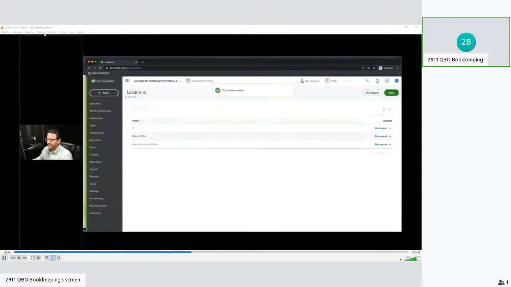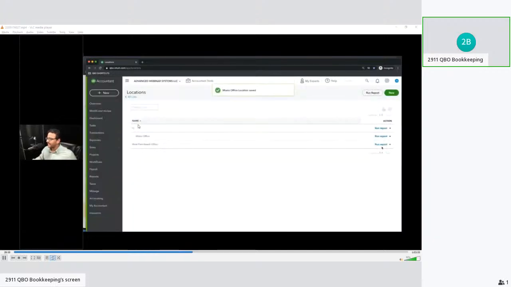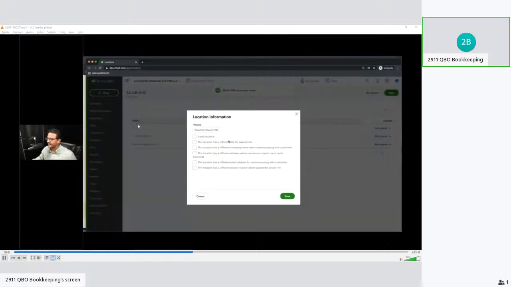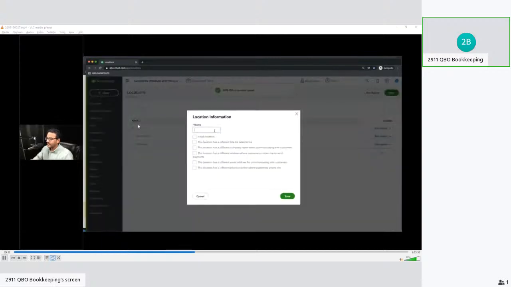So I'm creating a location called Florida. Click on Save. And then I'm going to edit each of my current locations. I'm going to click on Edit and make them a sub-location of Florida. So I'm going to make these two a sub-location of Florida. We'll start with the Miami office. And then let's go to the West Palm Beach office. Click on Edit. I'm also going to make this a little bit easier to read. I'll put WPB office, and I'll do a sub-location of Florida as well. Okay, so sub-location of Florida. And click on Save. And then I'll create another